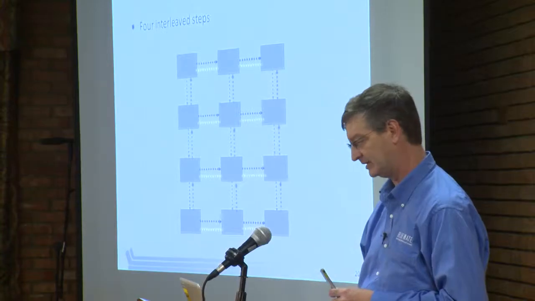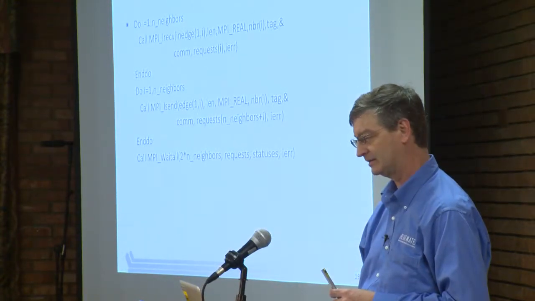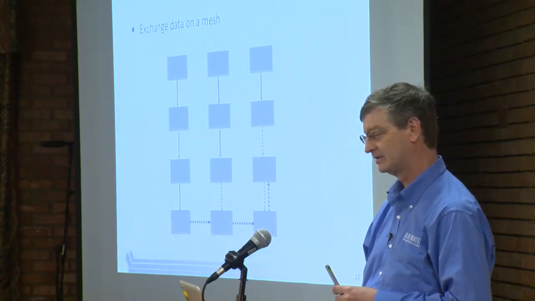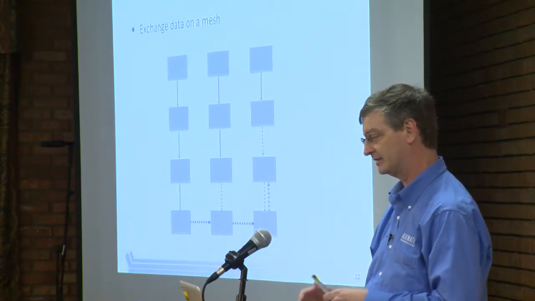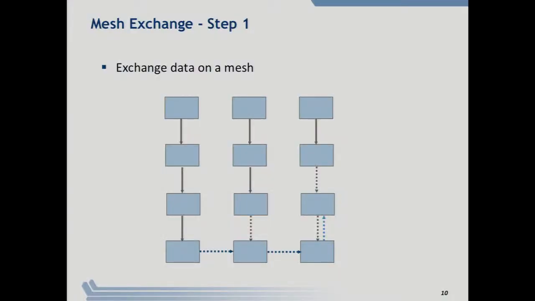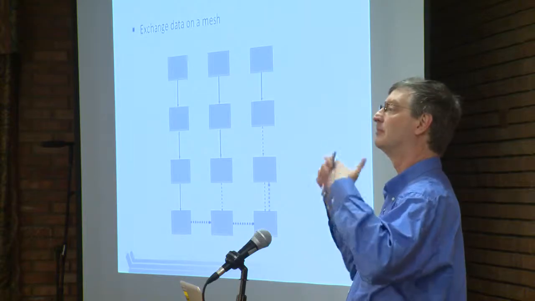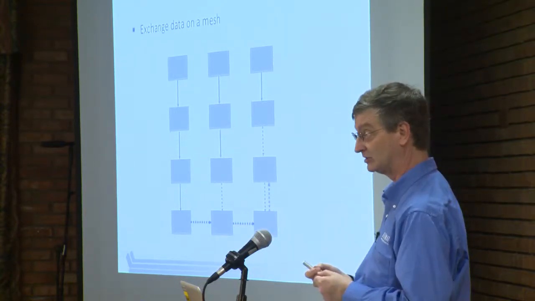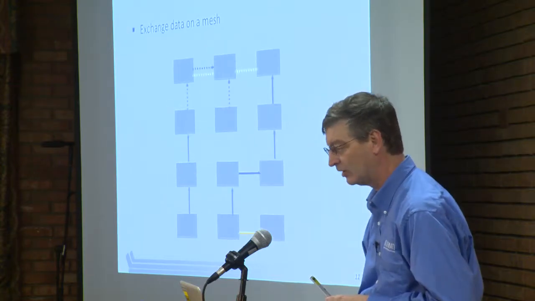One of the things that caused problems in this case was that some of these processes got ahead of the others, right? So that's where the congestion came from. So if you take one of these out, you may also cause the timing of the messages to change. So that's again why